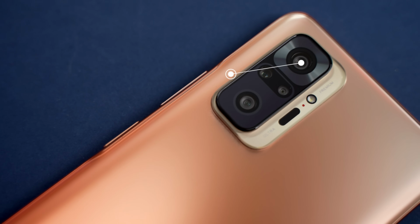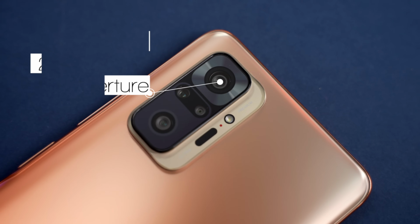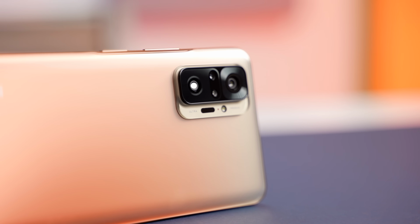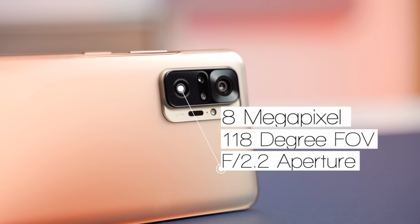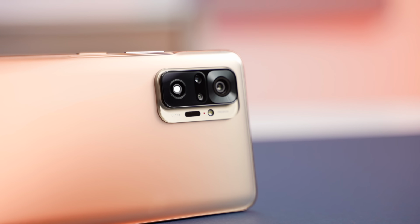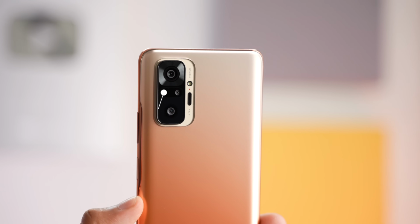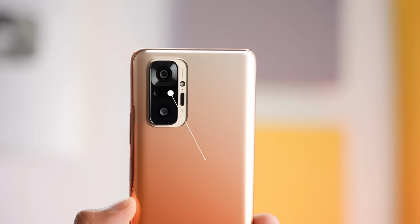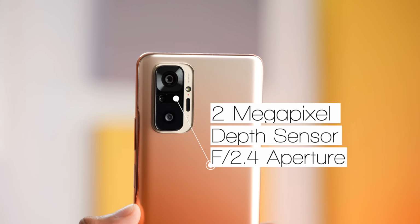Primary camera gets a 64 megapixel Samsung GW3 sensor with f1.9 aperture and 26mm lens. Next camera gets an 8 megapixel sensor with f2.2 aperture and 118° ultra wide field of view. Then there is a 5 megapixel camera with f2.4 aperture and a super macro lens. And finally, there is a 2 megapixel sensor again with f2.4 aperture, and this is used for sensing depth information